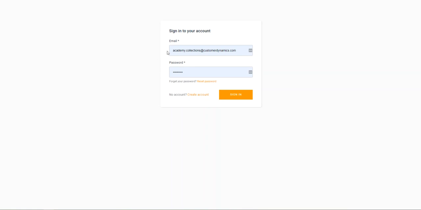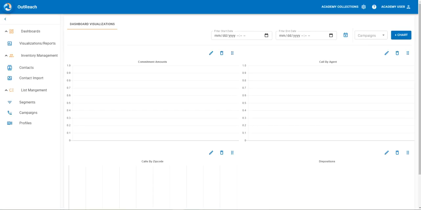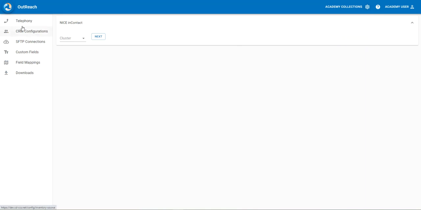portal. Again, this email is not your company email. It's an email that we assign to you for accessing the portal. Sign in. And in the top right, you will see a gear icon. This is the connection. So first off, you'll see telephony at the very top of the new menu, and you